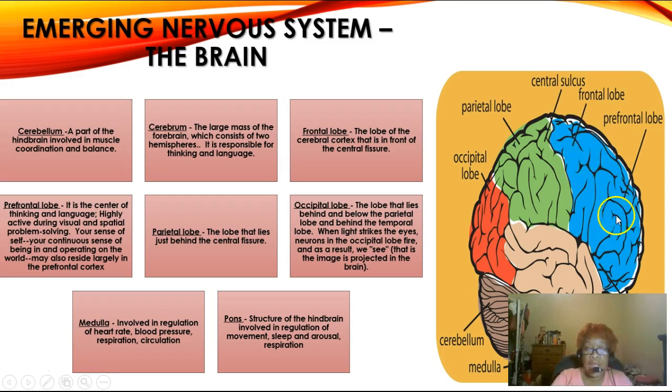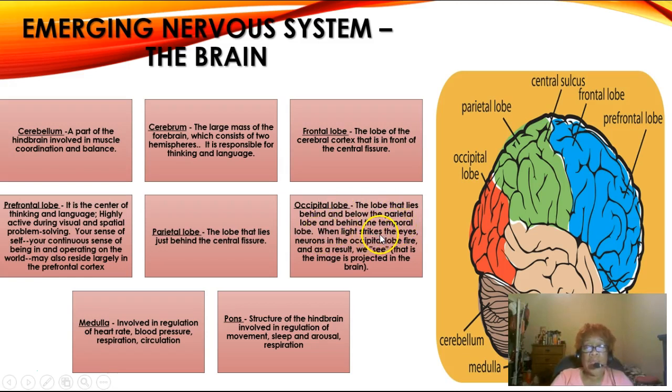Then the pons, which is the structure of the hindbrain, which is involved in regulation of movement as well as sleep arousal and helps you to breathe. Then you have the medulla, which is involved in regulation of your heart rate, your blood pressure, respiration. This is your medulla. Then, of course, your occipital lobe, which is the lobe that lies behind and below the